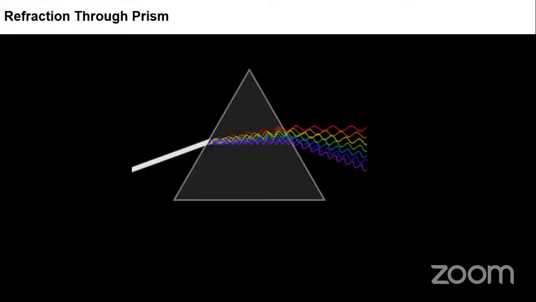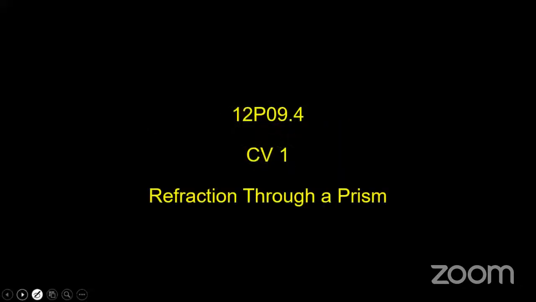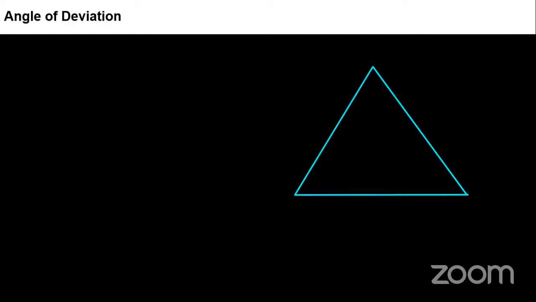Let us recall some more about this prism. I told you a white light will be coming, and the prism will show dispersion of this white light into 7 colors. Say VIBGYOR. Simple thing. Then for understanding refraction, suppose this is a prism. It is a glassy material inside, so it has a refractive index, which you can call 3 by 2, that is 1.5. And this is the apex angle, or angle of the prism.